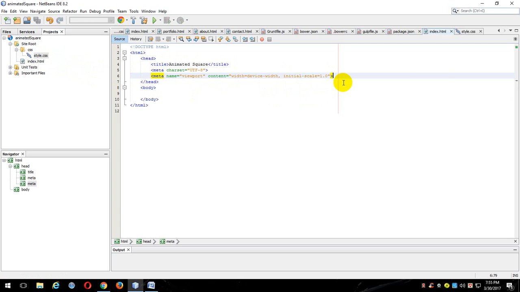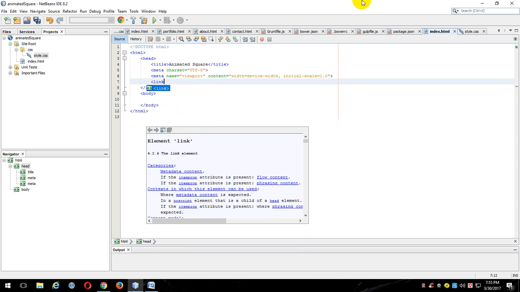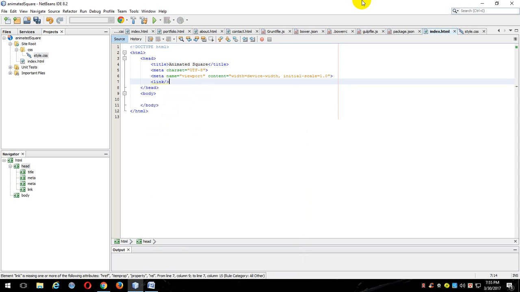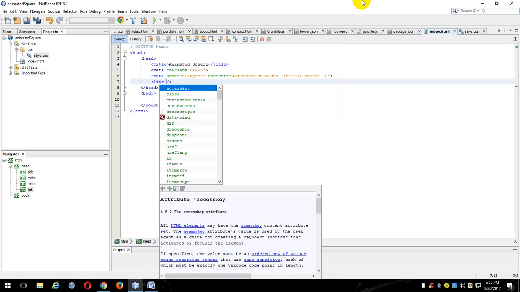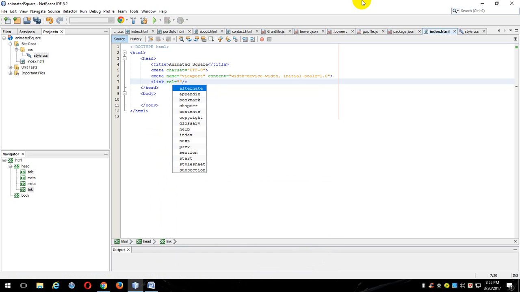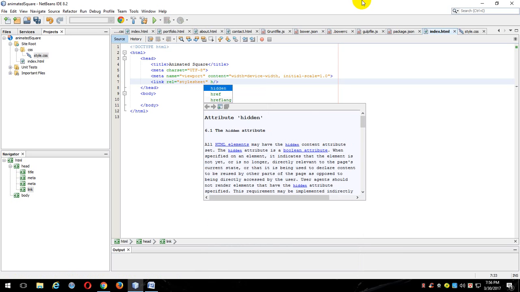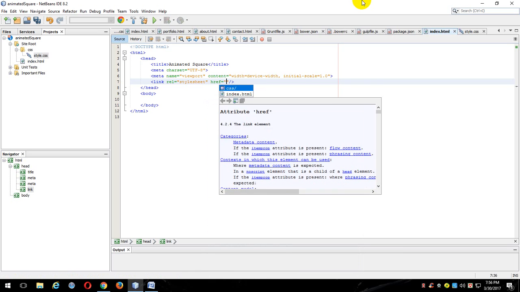Click inside head, angle bracket, link, and slash angle bracket. And now we can write rel, which stands for relation, equal stylesheet, press enter, and then href, hyper reference, equal